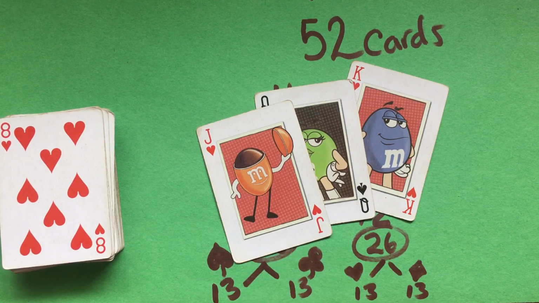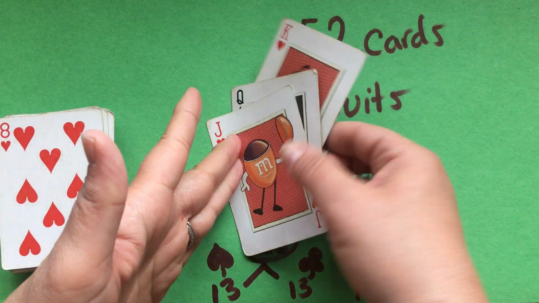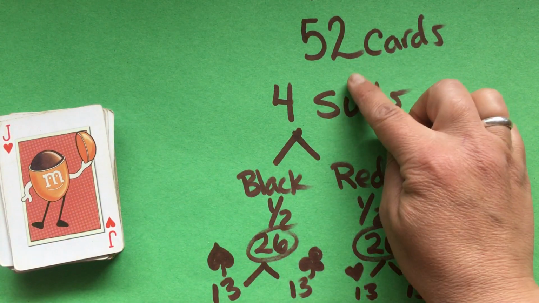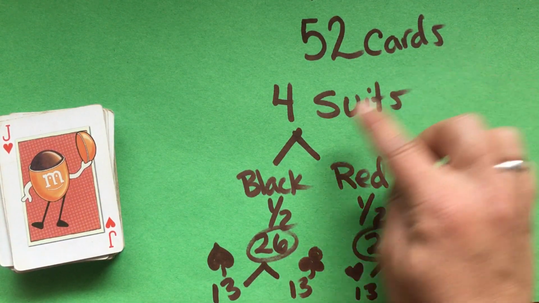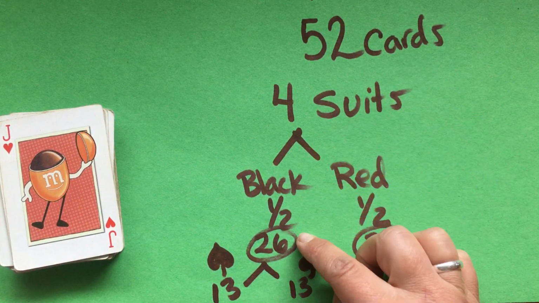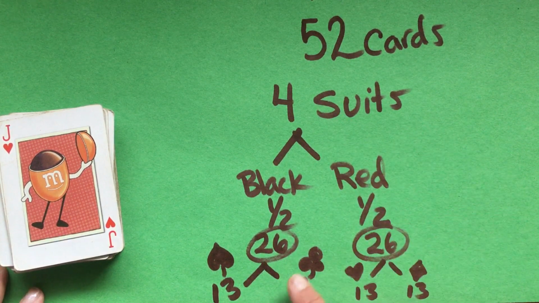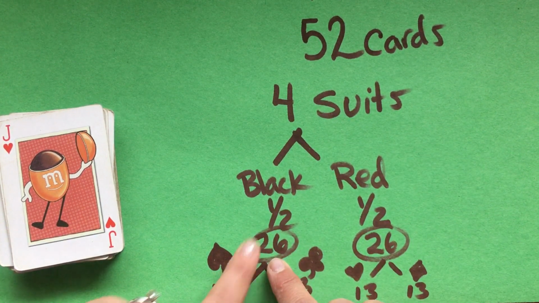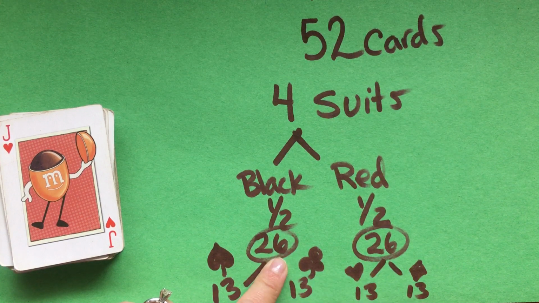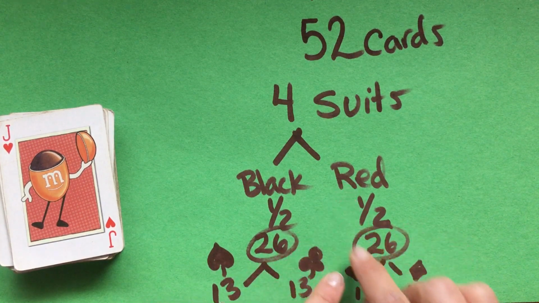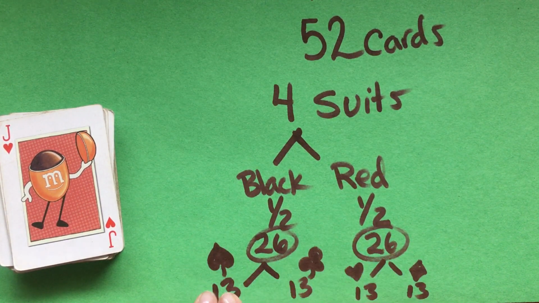But things that you need to know when it comes to probability is there are a total of 52 cards, 4 suits, half of them are black, half of them are red. That means there's 26 because that's half of 52. 26 of them are black and 26 of them are red. And then 13 in each suit going from ace, 2, 3, 4, 5, 6, 7, 8, 9, 10, jack, king,